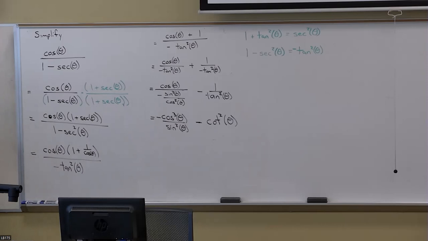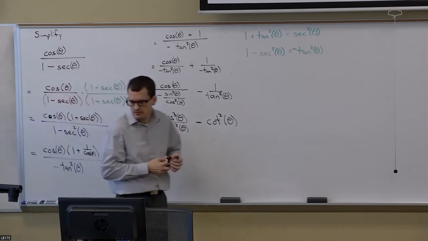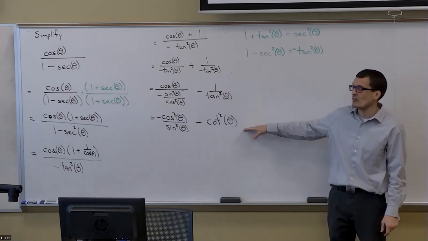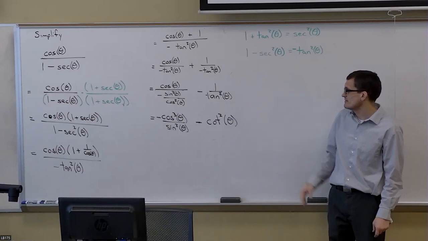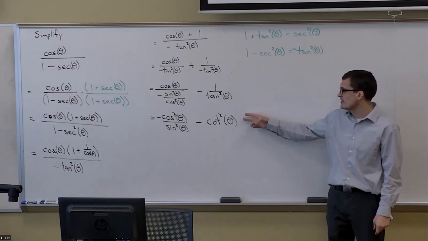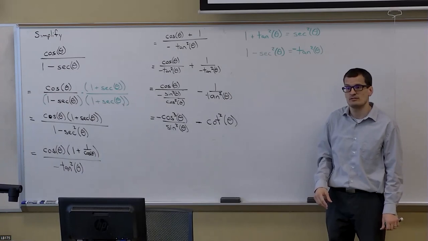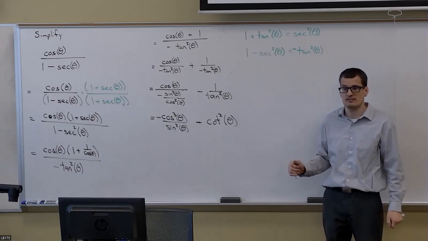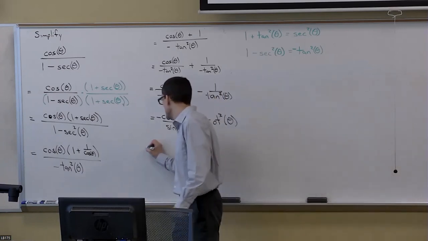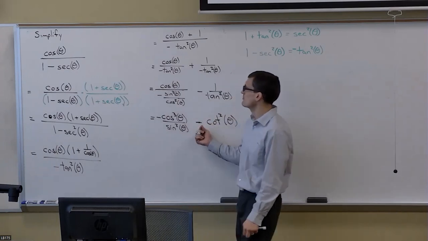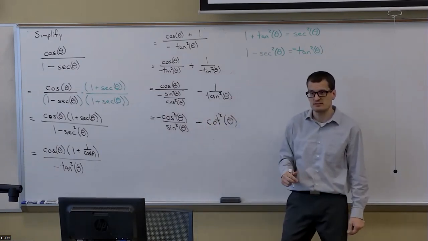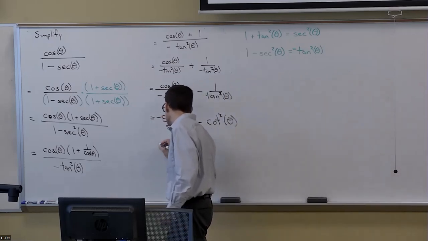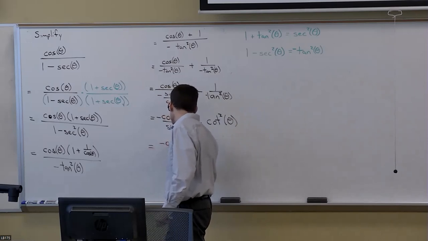So there you go. Now that's about all I can do. I can't really go too much further from there without rewriting, and I guess I could rewrite cotangent squared if I wanted to. What's cotangent? Cotangent is cosine over sine, right? So if you wanted to create it back into one fraction, you could do that. You guys know what I mean by that? If I wanted to create it back into one fraction,